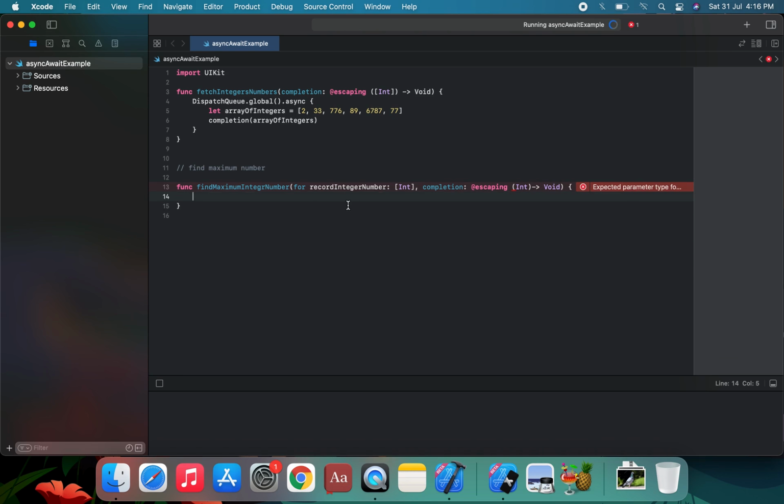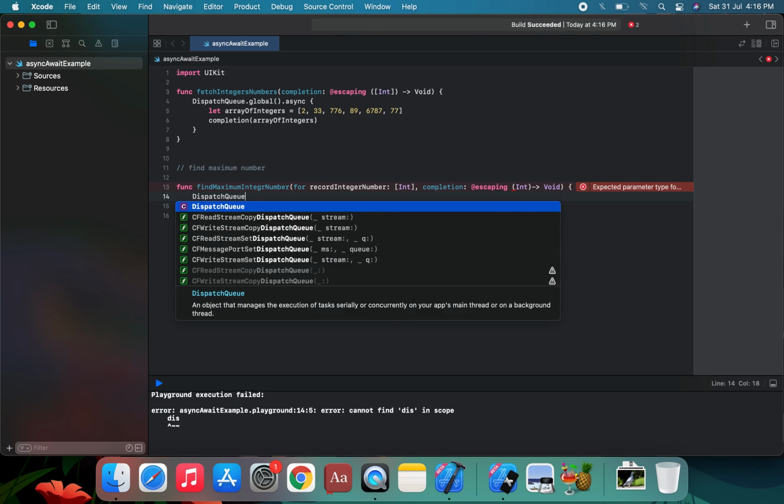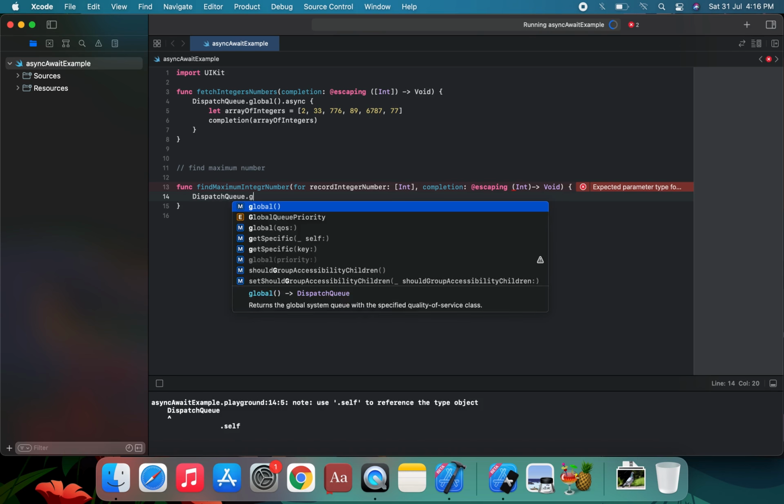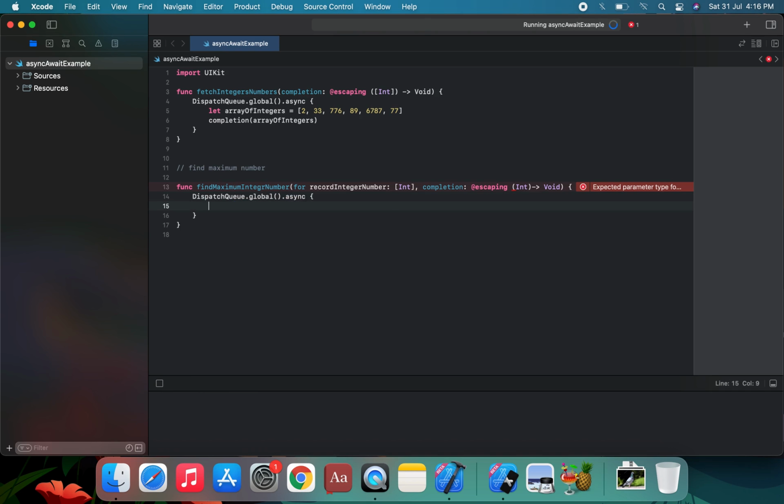We're gonna create on this same DispatchQueue.global().async, and call in this closure. Suppose we have in this closure a call, and we're gonna call that maximum. In this number we can add the maximum number achievement on this array, filter on this maximum number.